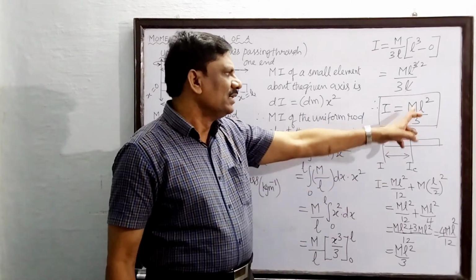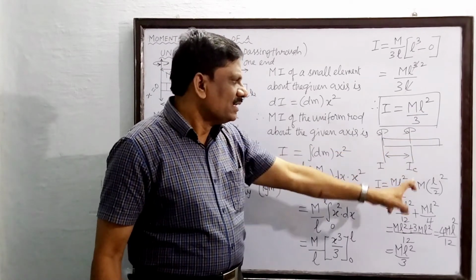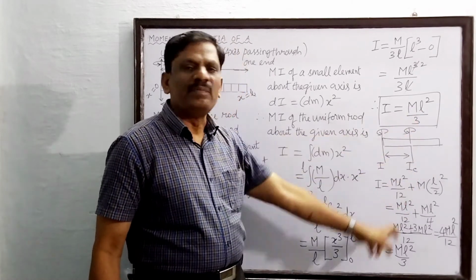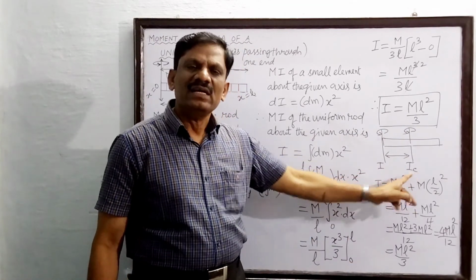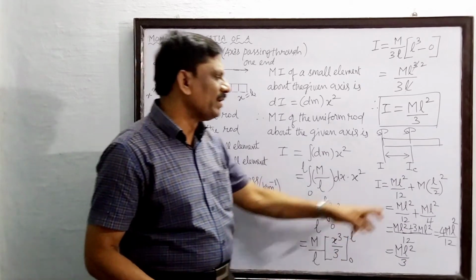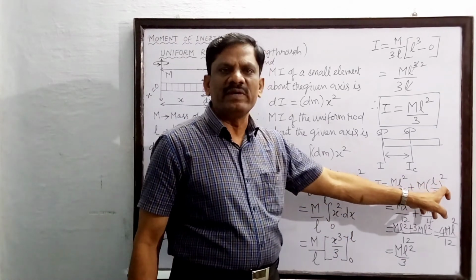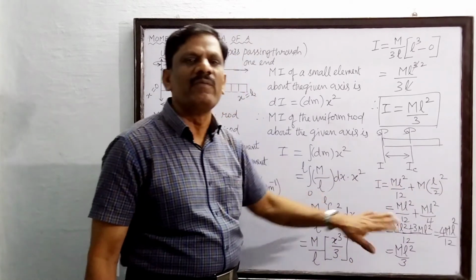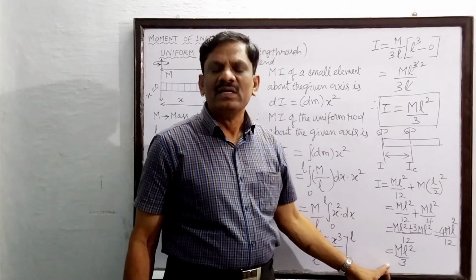Now the center of mass is located here, so that when the axis of rotation passes through the center of mass, the moment of inertia is denoted by I C. This only we have derived earlier as M L square by 12. So I is equal to I C plus M into d square. In that I have substituted and once again derived the expression for the same I, which is equal to M L square by 3. This is also verified correctly.